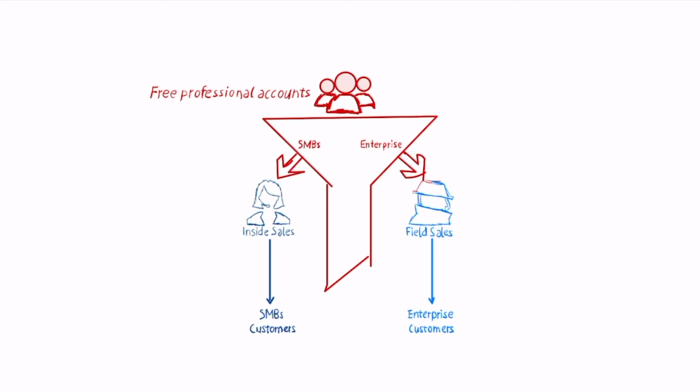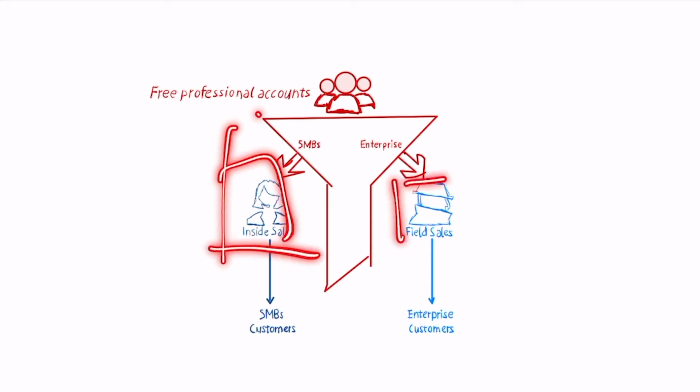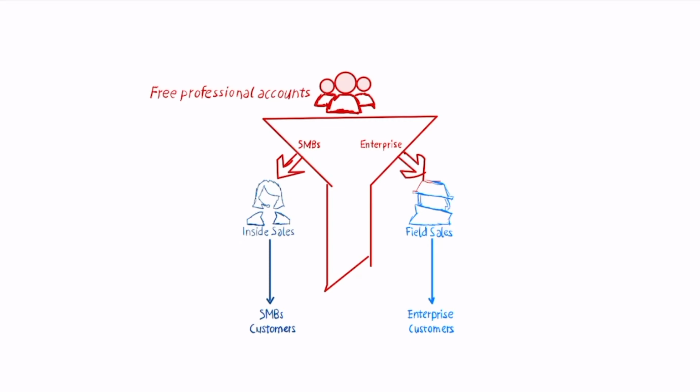Well, in reality, the Freeterprise works when you're leveraging the freemium business model, but then you also have a qualified team of salespeople and a funnel in place, which is also in part automated, where you can identify which of the free users fall inside one category or another category of customers. Because, for instance, in the case of companies like Zoom, you might have small and medium businesses on one side and enterprise customers on the other side.